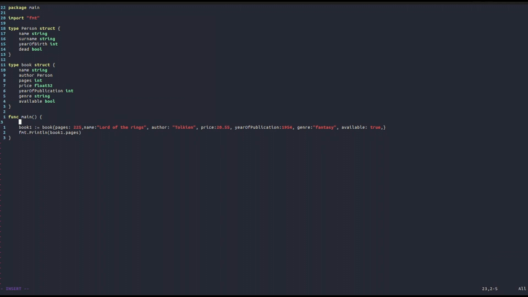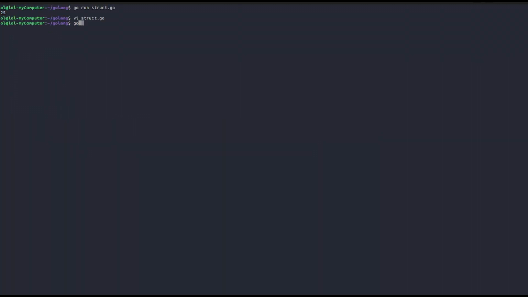And here we will slightly modify the code in the following way. We're going to say author is going to be a person struct, and the name is going to be John Ronald. Then the surname is going to be Tolkien. Then the year of birth 1892, and then dead we're going to say true. And now we're going to pass in here, instead of author Tolkien as a string, we're going to pass in author. Actually, let's call it author1, just to not make it look confusing. And now if we try to run everything again,